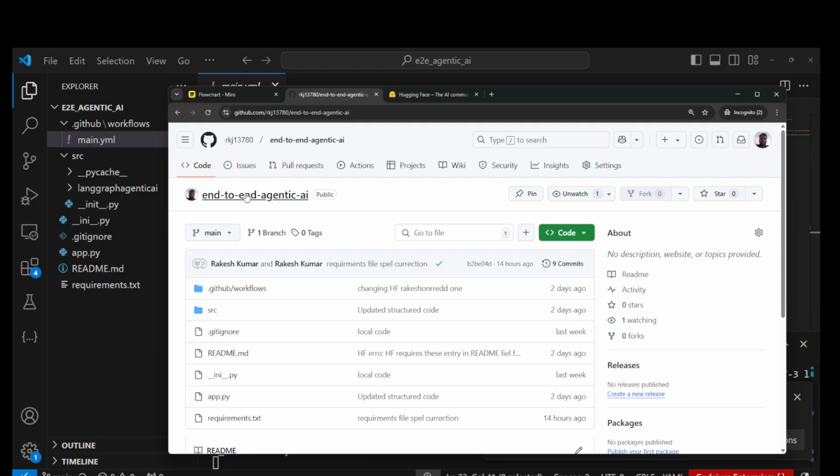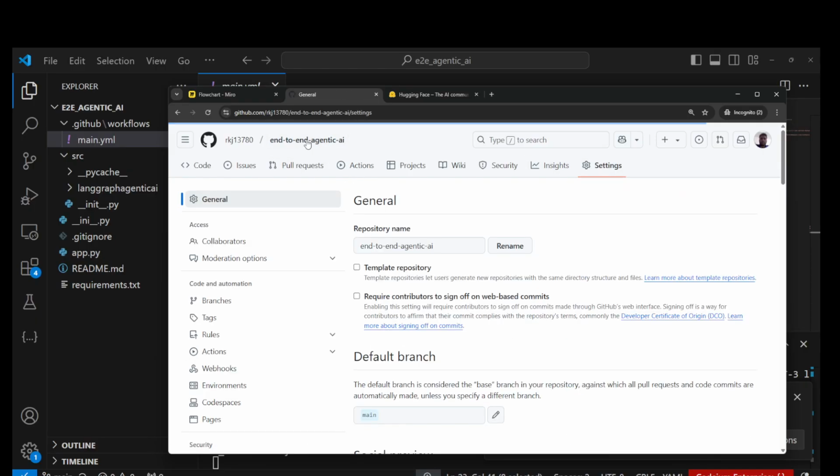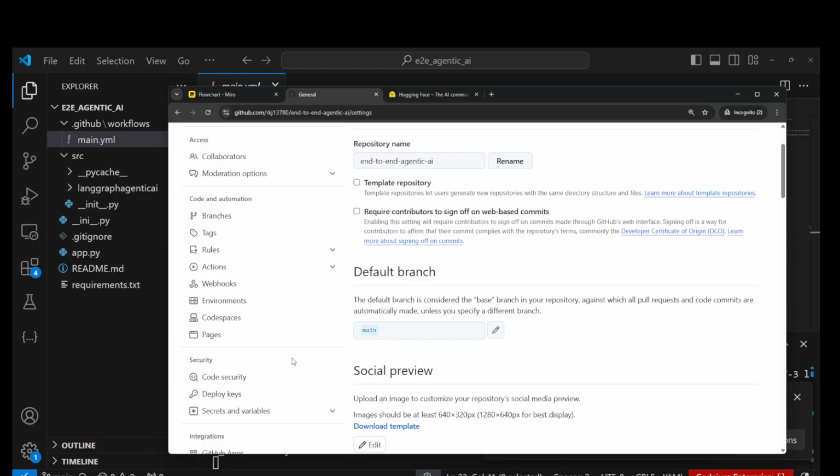So, here you came to this repo. And in this repo, you will go to the actions, right? So these are your actions. And yeah, you will go to settings in your repo. Now you have to go to your